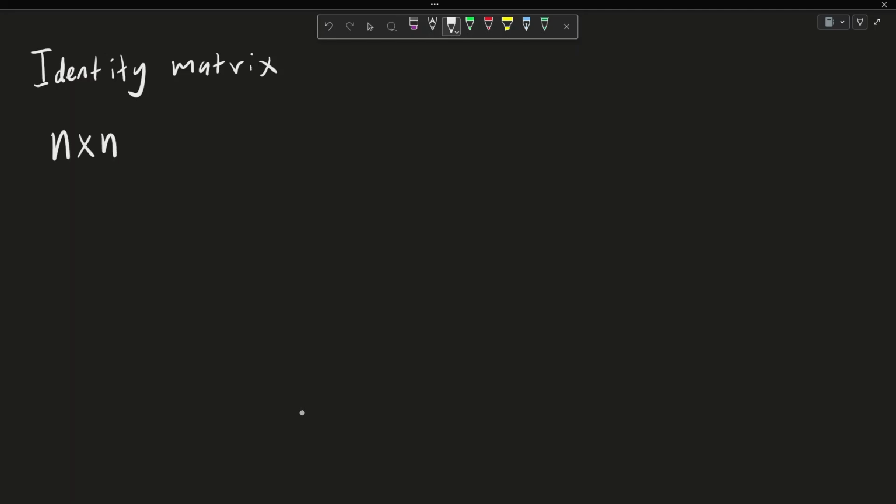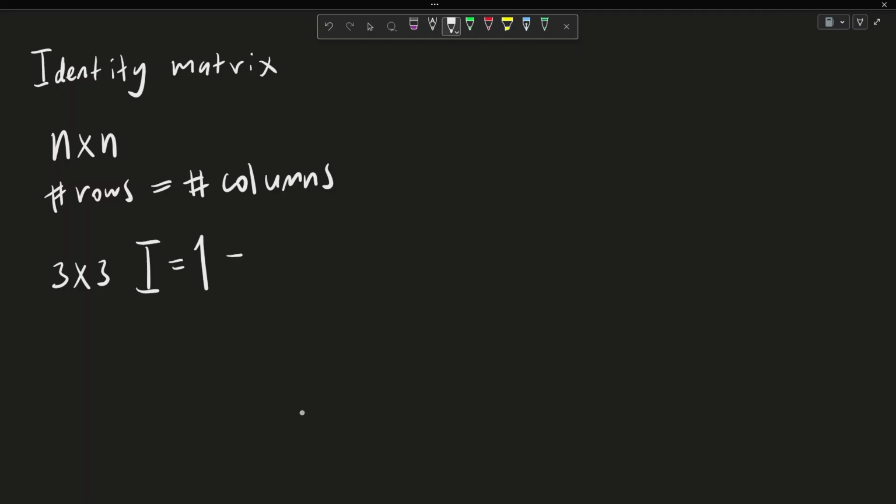So that means the number of rows has to equal the number of columns. This gives it the property that it's a square matrix, and on top of that, all of the entries along the top left to bottom right diagonal are all 1s. So let's take, for example, the 3 by 3 identity matrix, which is often denoted as I, or sometimes as 1. And we'll say that